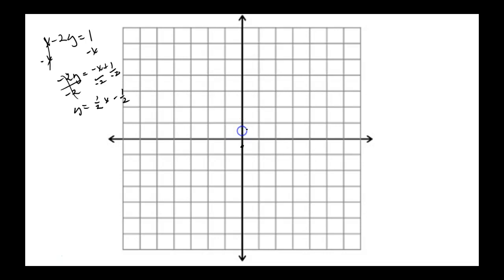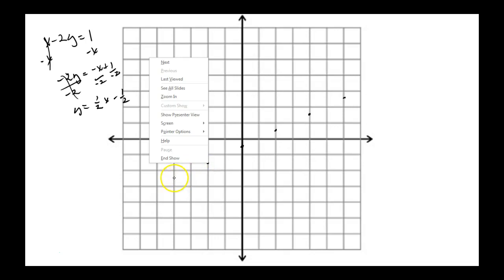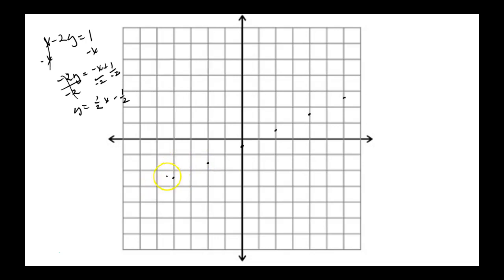So that would be here and there, here and there, here and there. And down 1 for every 2 you go to the left, and something like this. Okay, so there would be your approximate graph, I hope I've got it right, of that